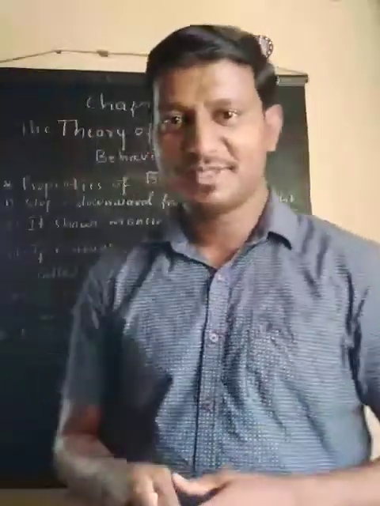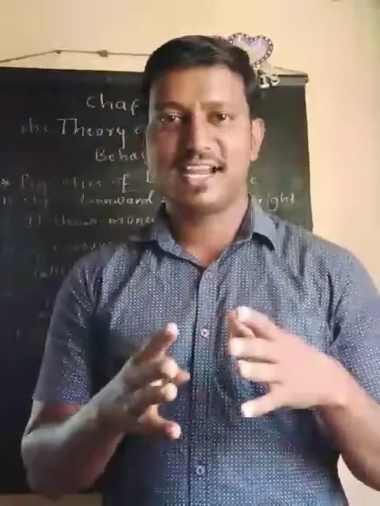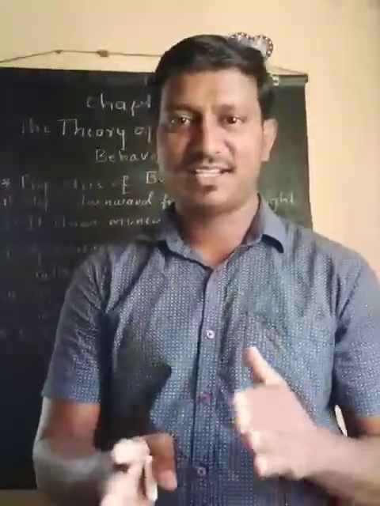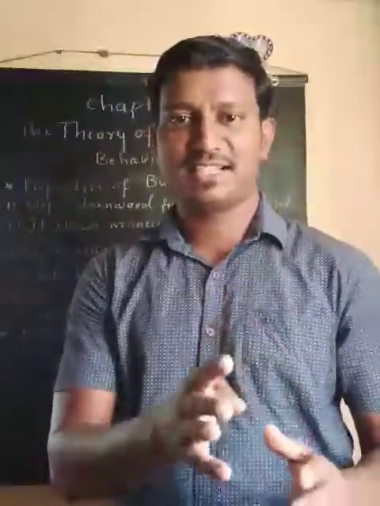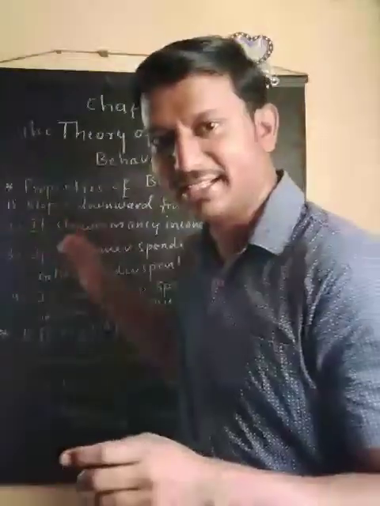We are continuing with the theory of consumer behavior. We have discussed many topics, and in the last class we covered the budget set, the budget line, the formula, and how we can set the budget by the example of a schedule and diagram. We have already gone through it very clearly.